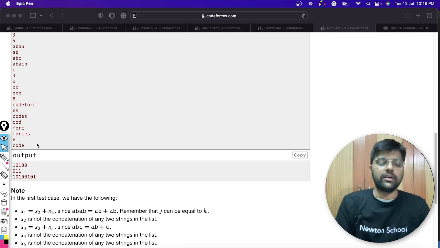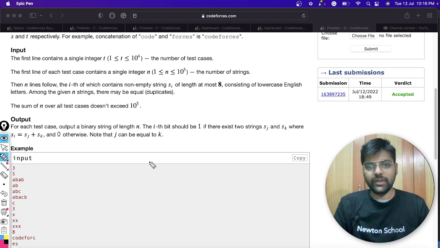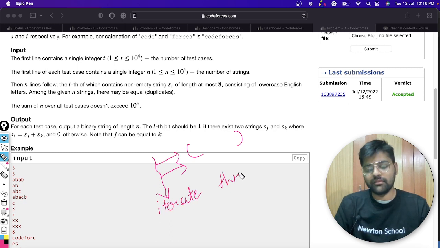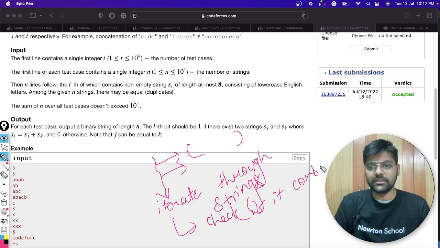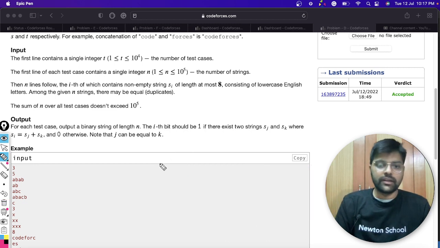Let's first discuss the brute force approach. What we'll do is check for each string whether it consists of two other strings. So we will iterate through the strings and check if it consists of two other strings.